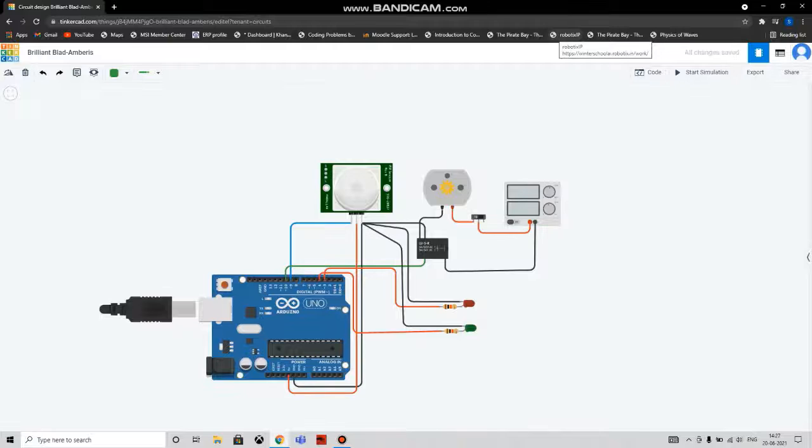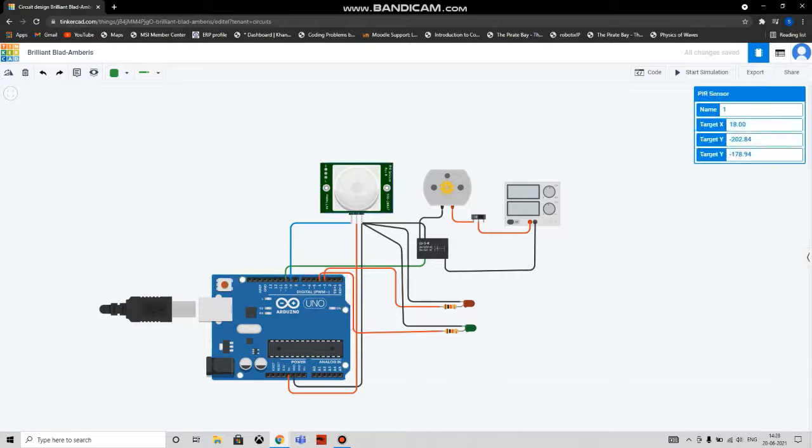Thank you. For week 2, I have here a circuit for automatic switch on and off of a DC motor. The circuit here is powered by the Arduino board. We have a PIR sensor to detect a person in the room. We have a DC motor representing our ceiling fan, and we have a switch which can be used to keep the motor in the off state even if the PIR sensor detects a person in the room. So now let's start the simulation.